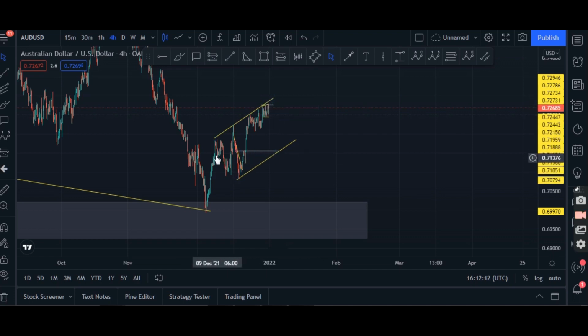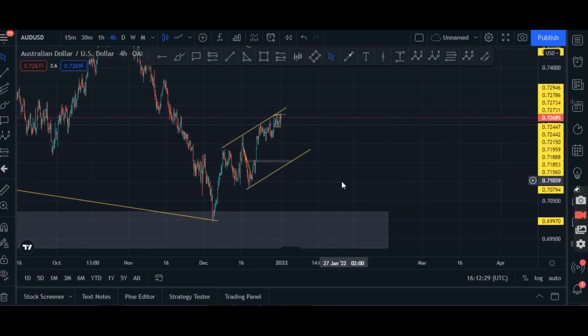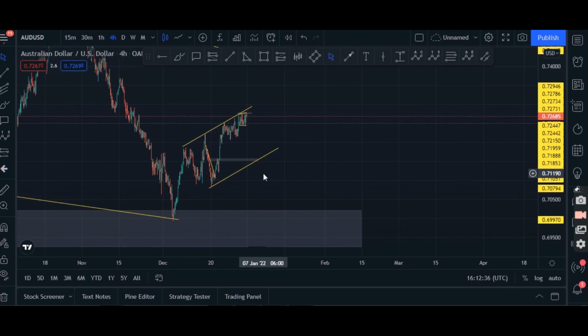And this is our trend line resistance, and then we have a horizontal resistance, or support rather. Support, guys, which was a previous resistance. Yes, it was a resistance before, broke out, now it's a support. So when the market breaks out of a previous resistance, you know it's a support, just as when it breaks from a previous support to the downside, it becomes a resistance now, guys. So that's basically what's happening over here.